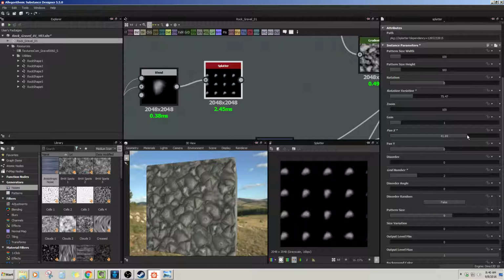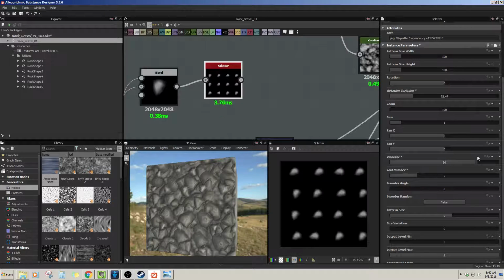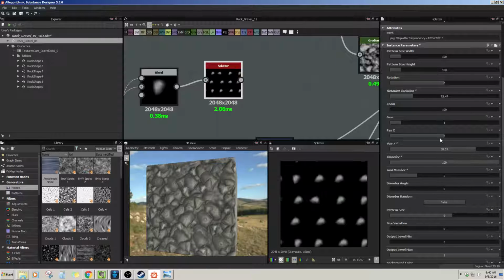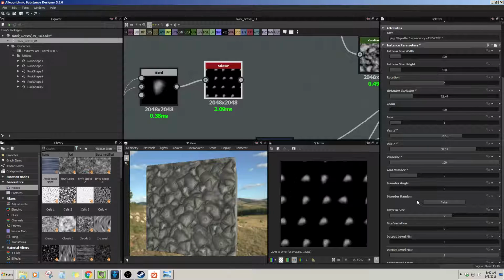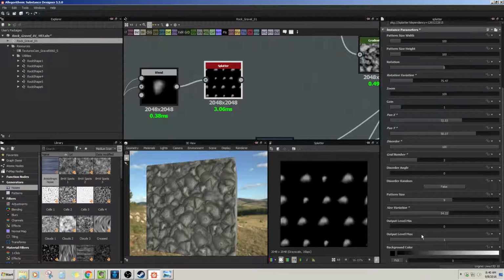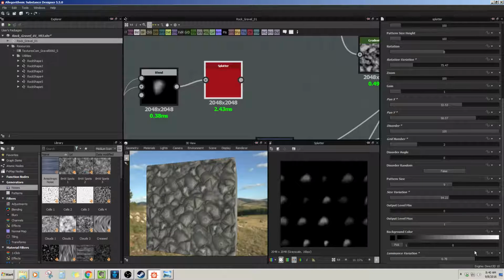Let's see here. So let's pan, or sorry, let's do some disorder. And disorder is disorder random true. Let's pan this too. Do that disorder. I can't even tell if it's pattern size. It's size variation. This is what we want. So we want a few like that. Change up some of the